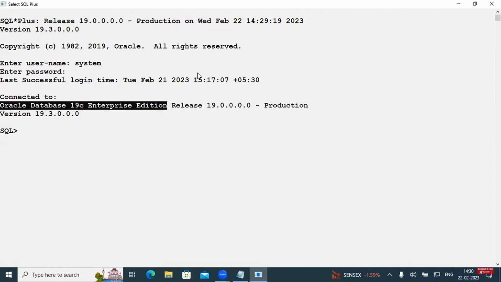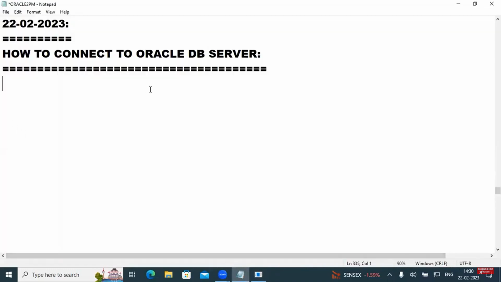But sometimes, whenever you want to connect to Oracle, we face some problems at the connectivity level. So which kind of problems do we face at the connectivity level? Let me write here. First, write down the steps. First step: go